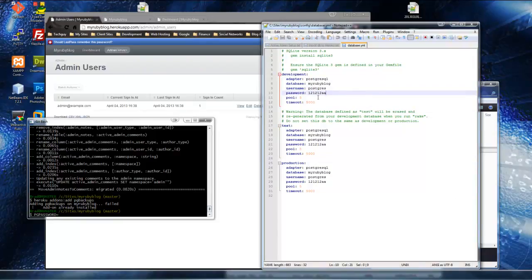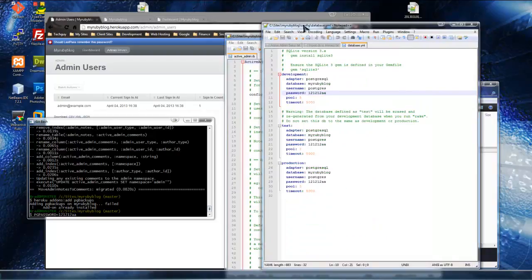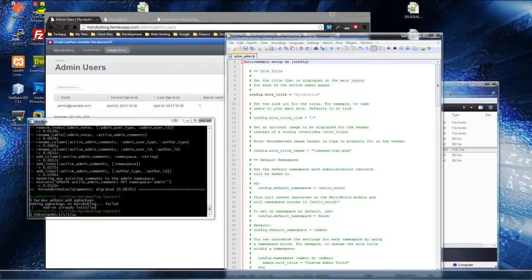So this 12AA password, and then next, I'm just trying to remember the build up. Shoot. Next we would do